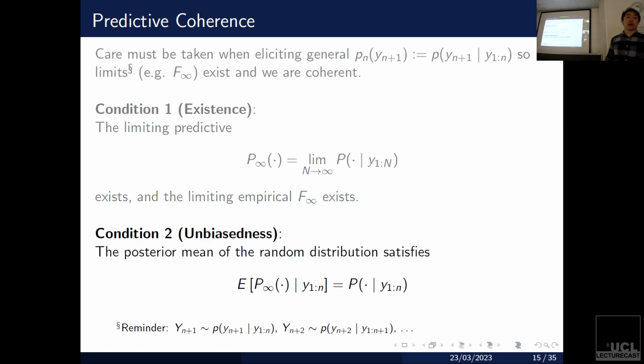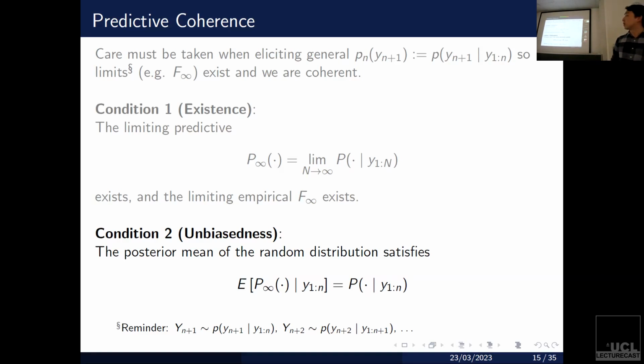Secondly, we're going to have this unbiasedness condition. So this is going to be saying that for the random distribution P infinity, you can think of this as kind of the posterior distribution over your unknown sampling distribution. We want it to be unbiased. So the expectation, that is the posterior mean of this random distribution, is going to be the same thing as what you start with. And the intuition here is that if you're going to be using predictive resampling to get uncertainty, all of your data is simulated. There's no real information there besides uncertainty. So you wouldn't expect there to be any biases introduced through getting this uncertainty.